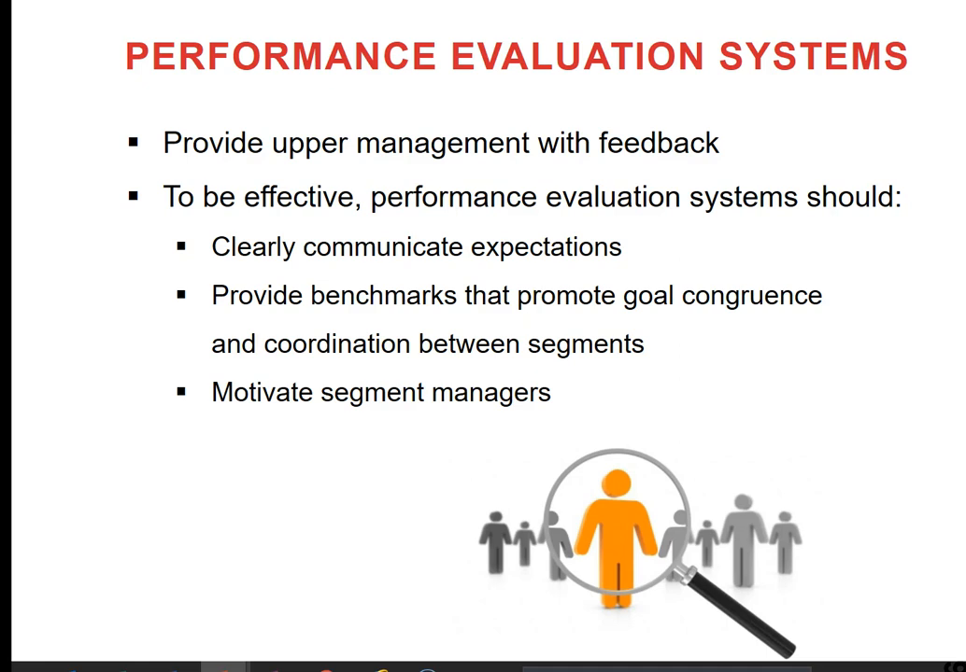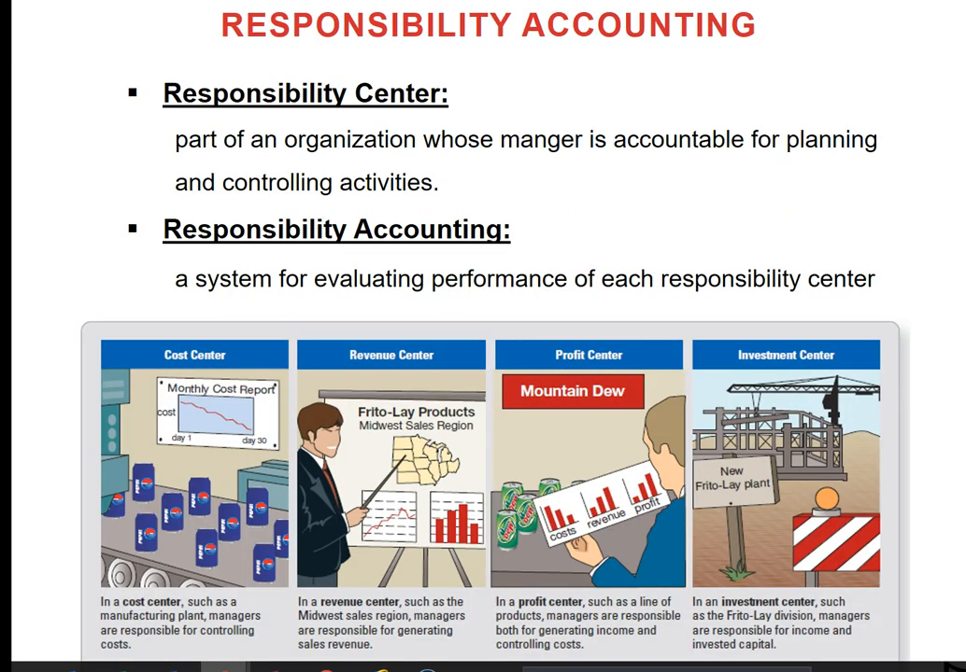And if you have this type of system, then that system must clearly communicate what the expectation is from each division or from each level of management, and the company or the top management should also provide some benchmark, and there should be some goal congruence. That means whatever the company or the different parts of the company are doing, they should have some consistency among their goals, and of course they should have some incentives to motivate their segment managers. So based on their different sectors of their business, they could also identify different types of centers, and